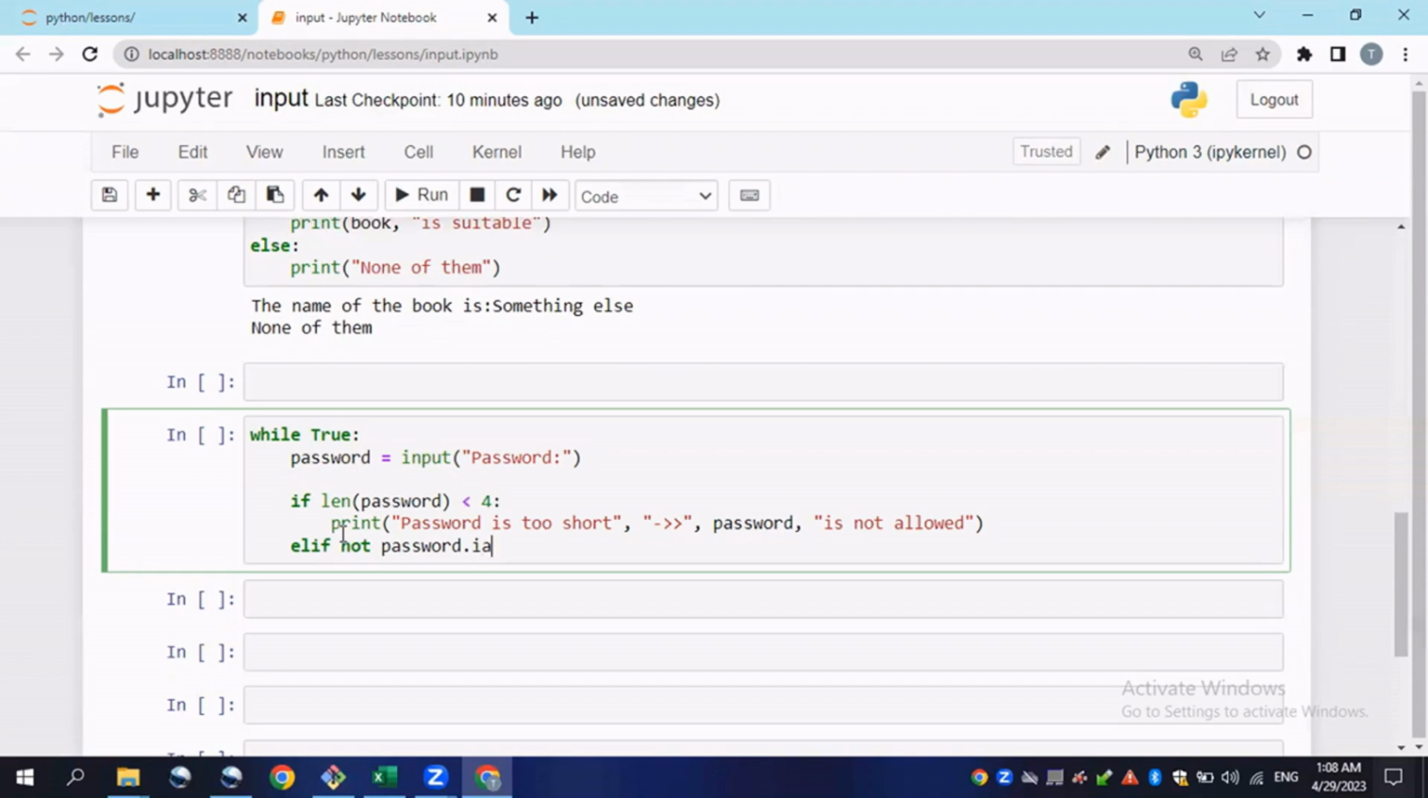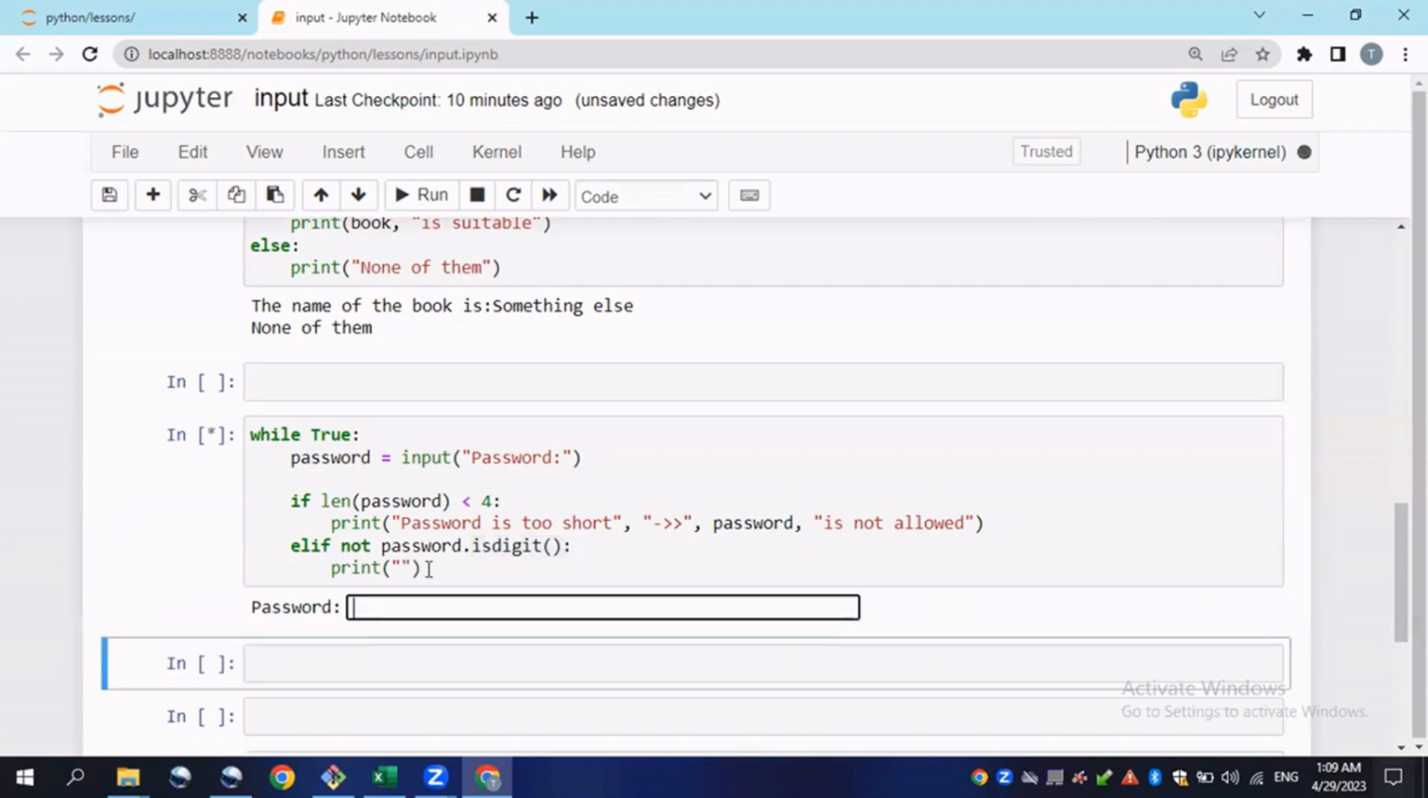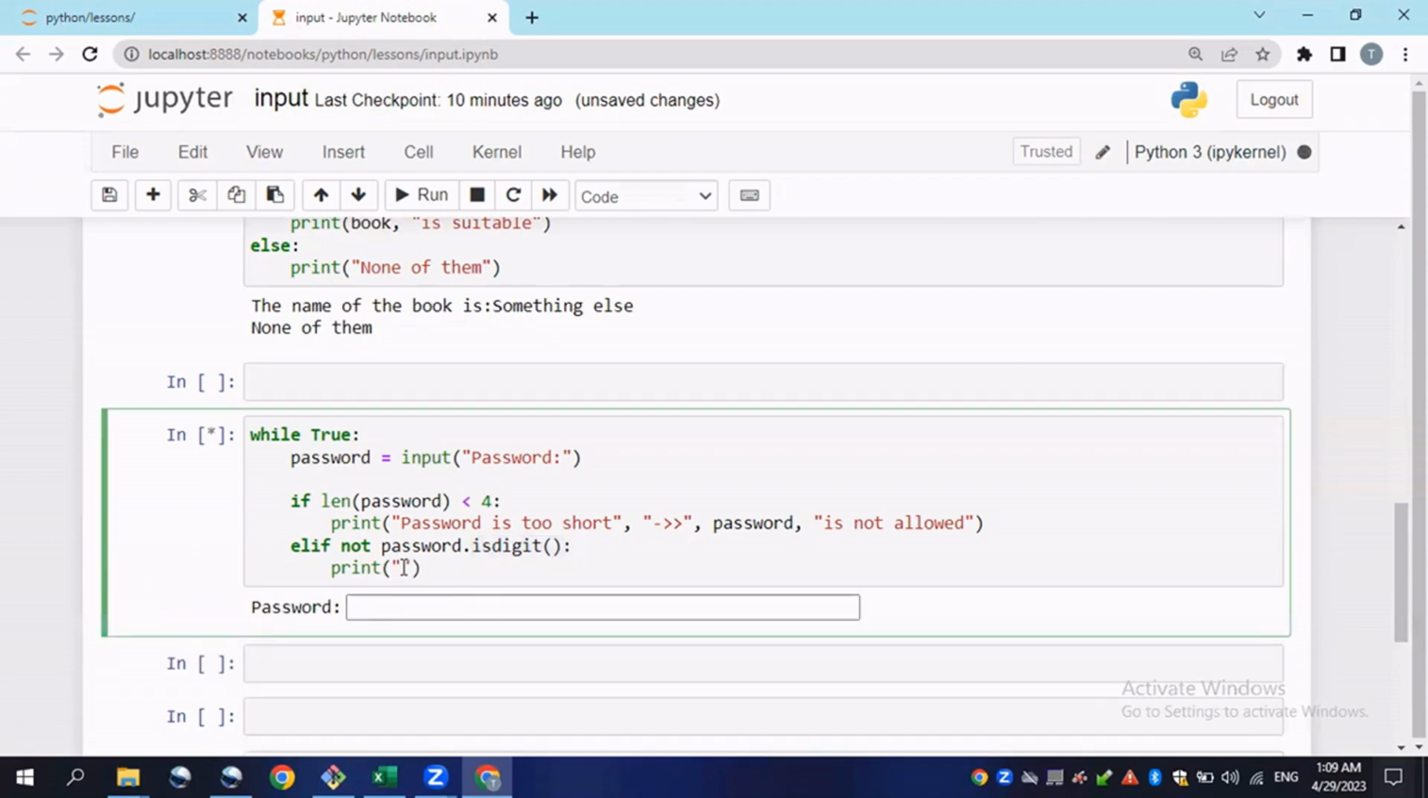isdigit. We already explained the isdigit method in the previous lessons. It basically means that if your password is not containing the numbers here, you could print this out. This means that your string or text should contain the digits, the numbers, but we are giving the not condition here. We will print out, "Make sure